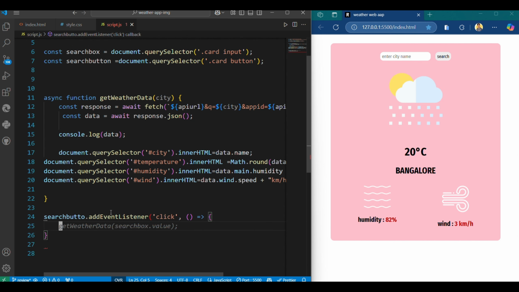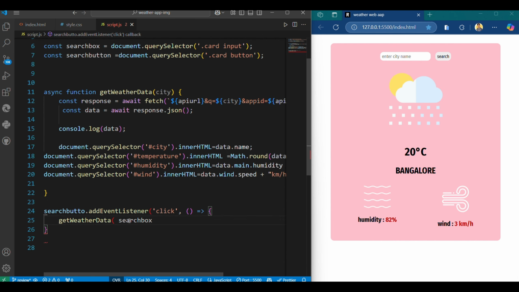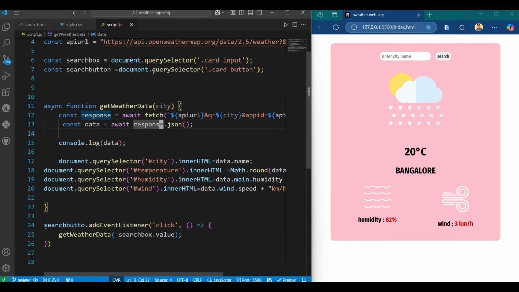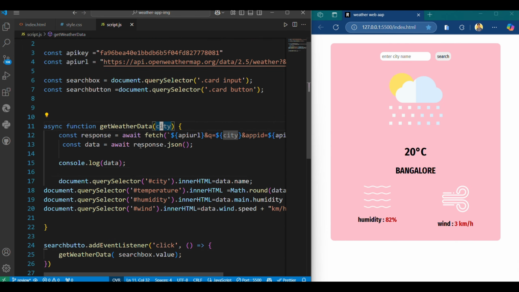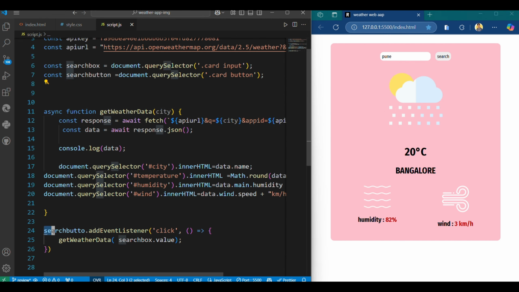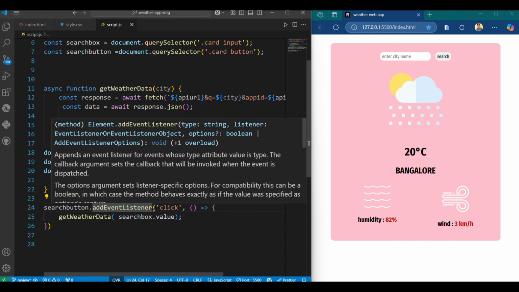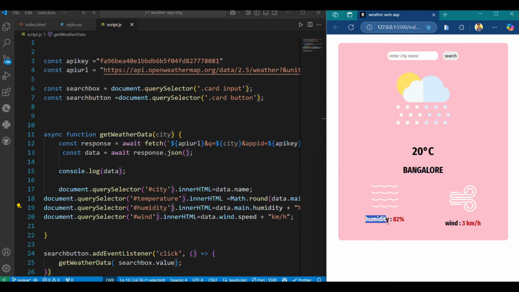Okay, for this now I am adding an event listener. When a user clicks on this button, this event will be active and it calls the function getWeatherData, and this function collects the information the user entered in the input field. Okay, now let me take a city name. I am taking Pune.